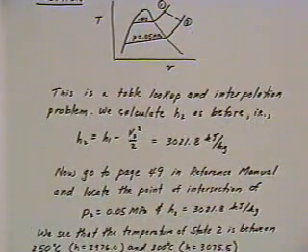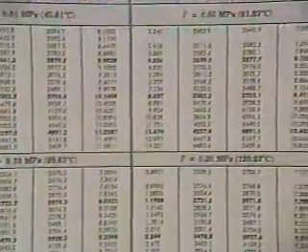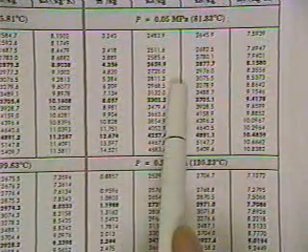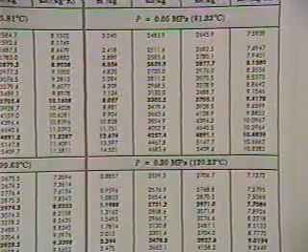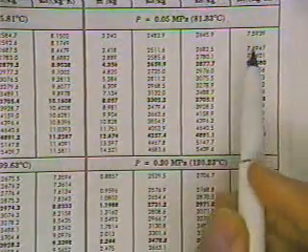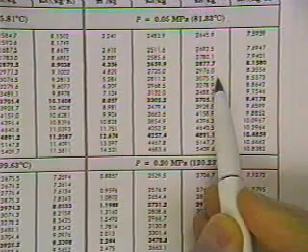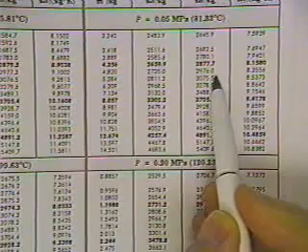So now what we want to do is go to page 49 of the reference manual, and let me stick that page back up here again and find out exactly where we are on it. Okay, we are at 0.05 megapascals, and then we've got an enthalpy that we want to find of 3021.8. So what we're trying to do is find out where we are on the enthalpy curve, and we've got an enthalpy of 3021.8,